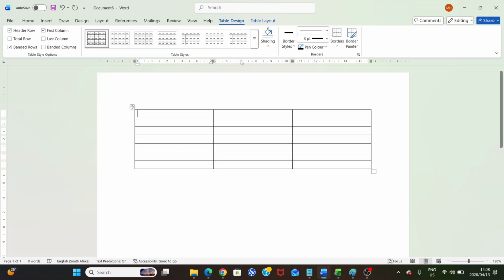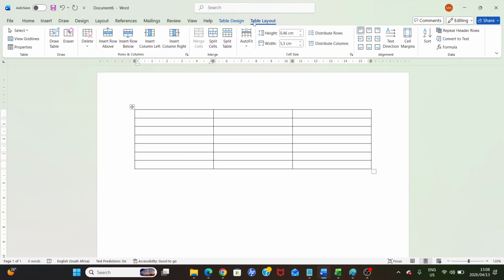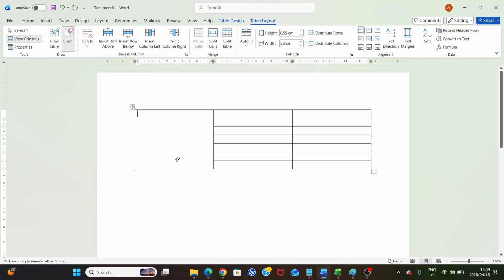Okay, so we are going to click on table layout and we are going to select our little eraser over here and we are just going to click on each of these lines and make them disappear like that. When you use your eraser and you just click on those lines, the eraser will erase the lines.